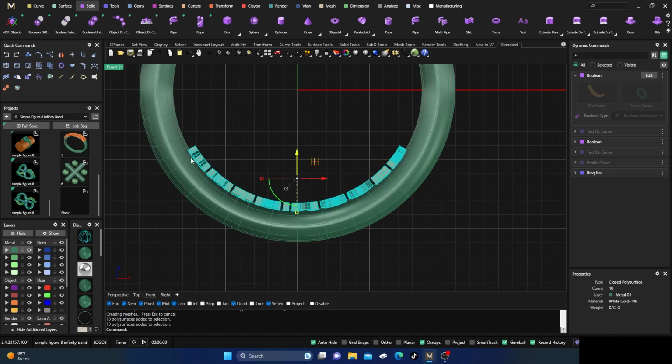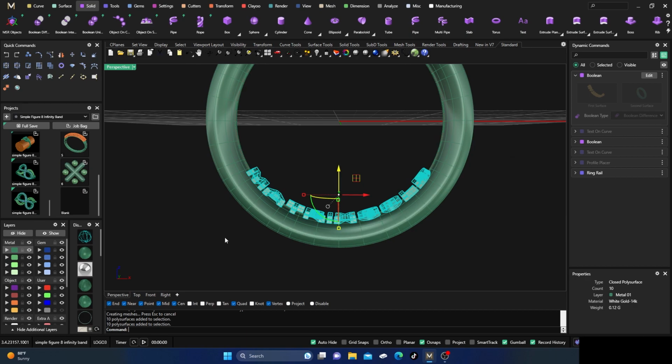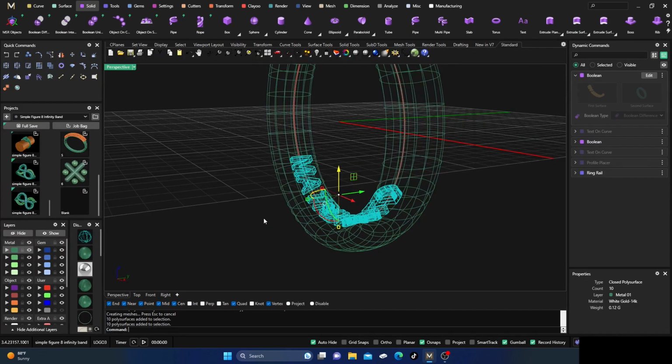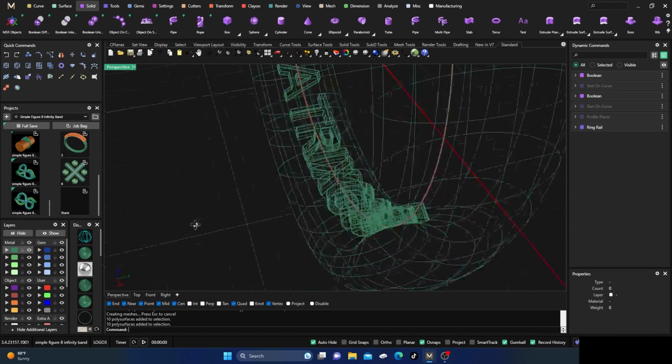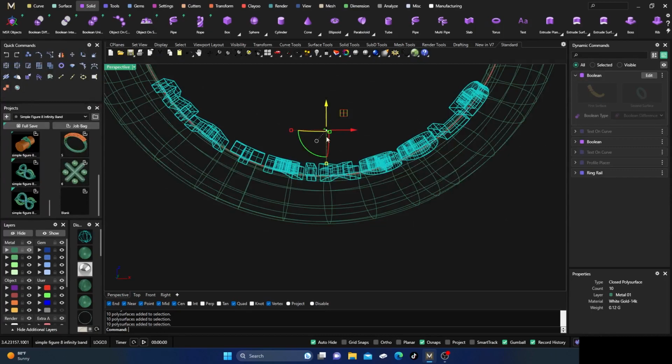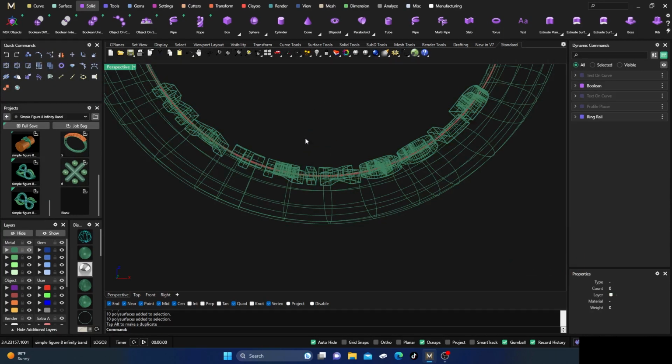If we go to front, it's right on our surface. It has curvature this way. And if you look at perspective and we change to wireframe, we actually now have curvature going this way. So everything will cut at the same depth, right? And now all you have to do is just kind of bump it into wherever you're wanting it, and then